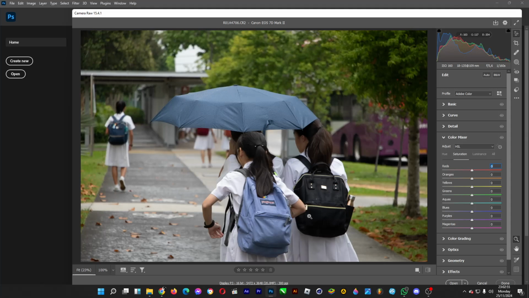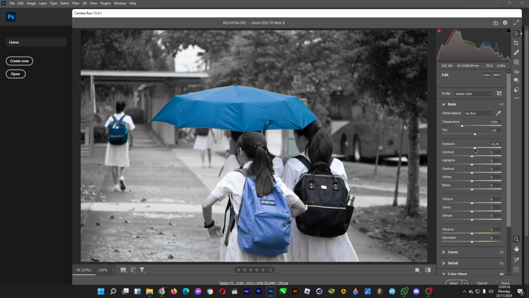the umbrella and the backpack, so I'll do some tweaks with the other color so that the blue color pops, just like so. You can even do some tweaks with the saturation for the blue color so that it looks more vibrant and vivid. You can also adjust the number of the exposure by dragging this slider so that it looks cool, just like